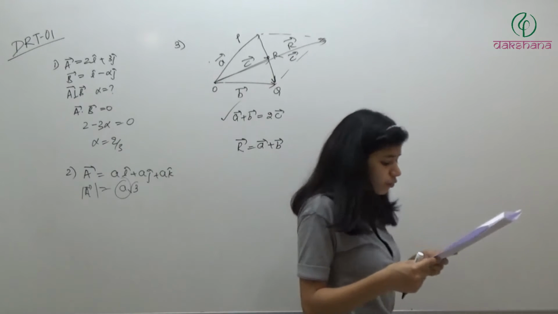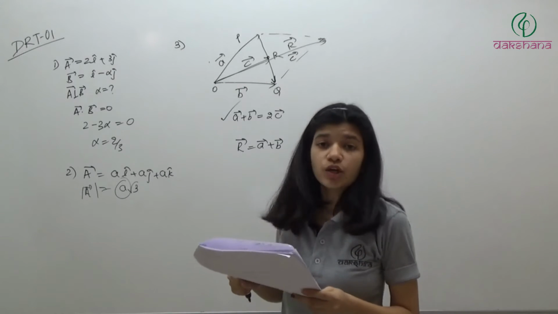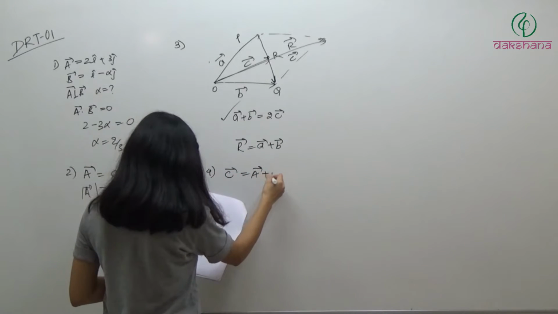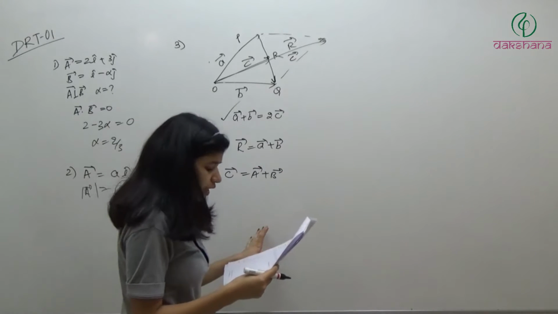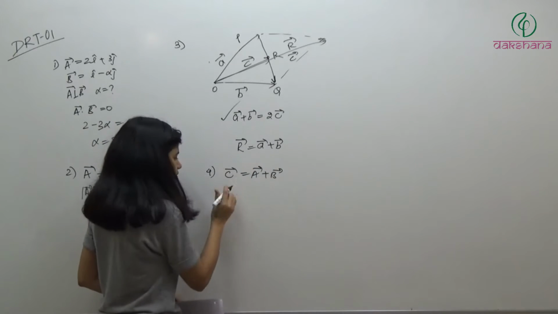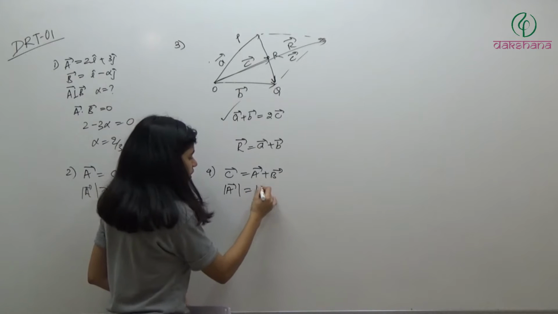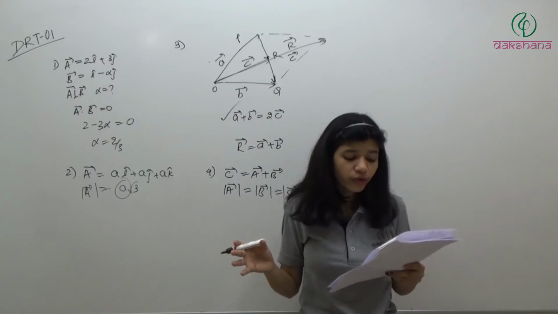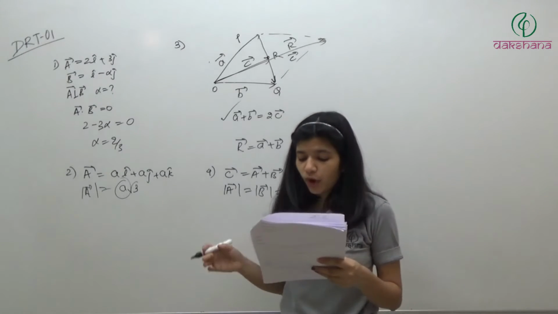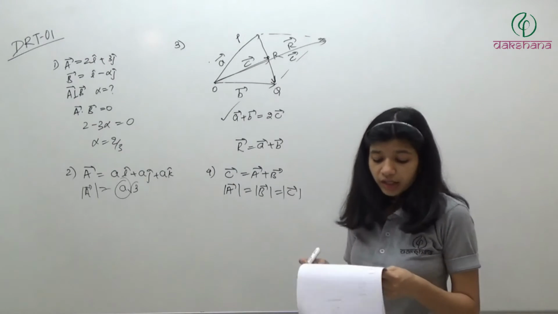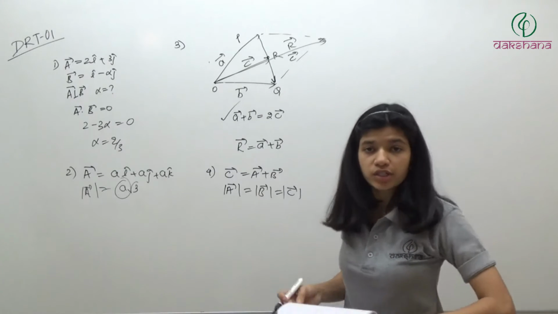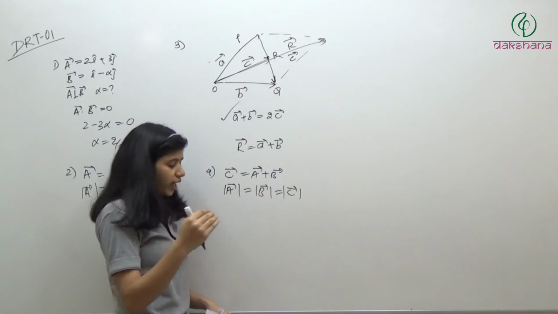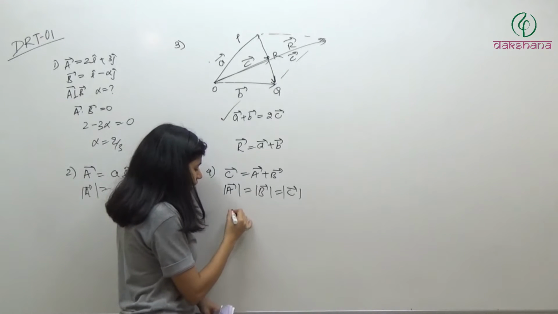Okay. Question number 4. If resultant vector C is equal to A plus B, fourth question, C is equal to A plus B, A, B, C are non-zero vectors having equal magnitude. This is one equation which is given, and it is also given that mod of A is equal to mod of B is equal to mod of C. Then what is the angle between vector A and vector C? So I hope you have used this a lot of times, that when we have vector A and vector B